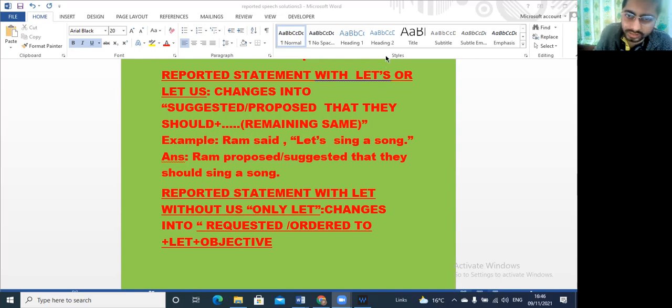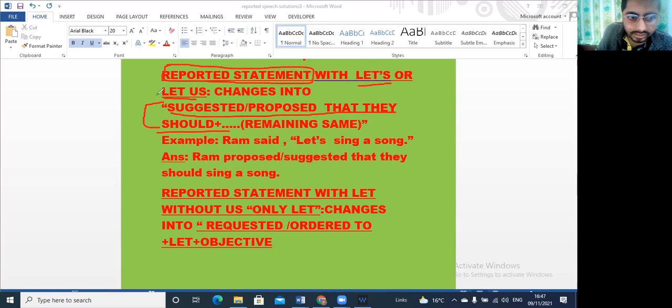So we have to remember one thing over here, that whenever we see let's or let us in a reported statement, let's or let us is replaced by suggested or proposed that they should. Always use this